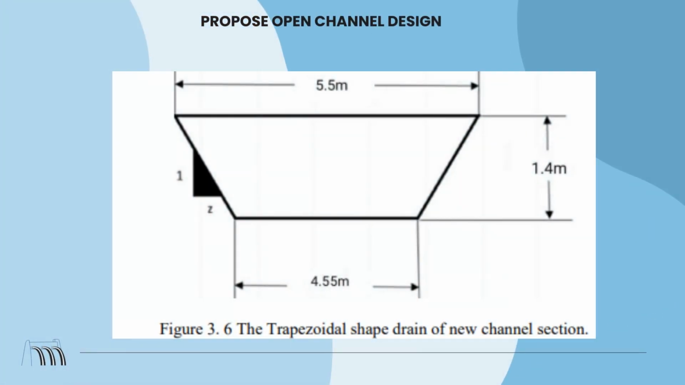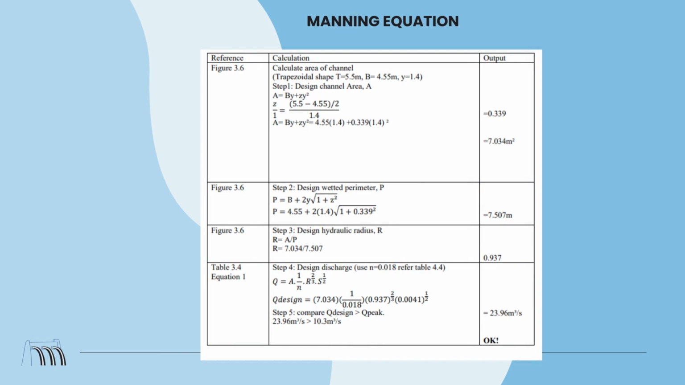Hi, I'm Yusri. I will talk about the proposed channel design. We select a rectangular shape drain for the new channel section with depth 1.4 meter, top width 5.5 meter, and water width 4.55 meter. Next is the Manning equation for Q design. Step 1 is the design channel area, with formula A equal to Py plus Zy squared, where we get A equal to 7.034 meter square. Step 2 is the design wetted perimeter, with formula P equal to b plus 2y square root of 1 plus Z square. We get P equal to